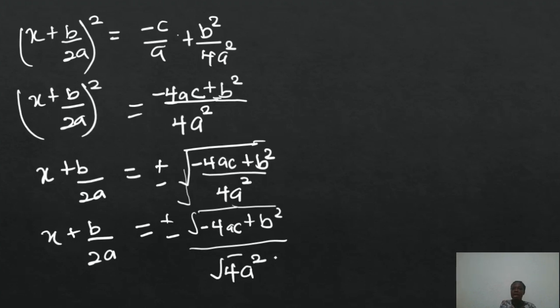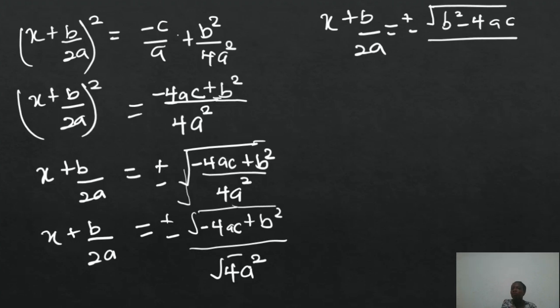So from here, we are going to get x plus b over 2a to be equal to plus or minus the square root of, now negative 4ac plus b squared, we can write it as b squared minus 4ac, all over